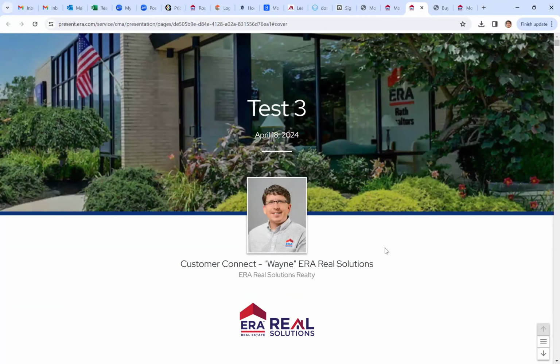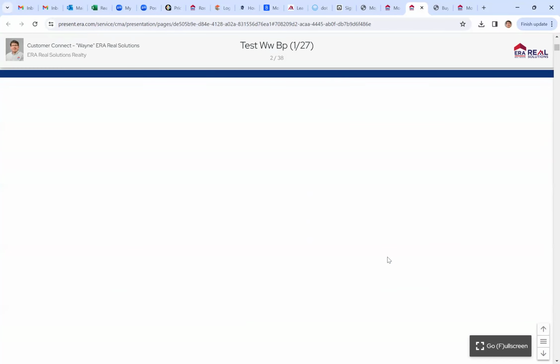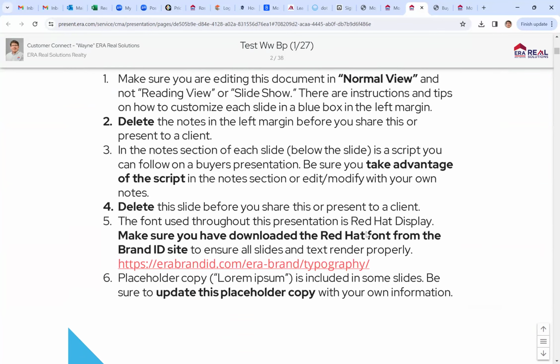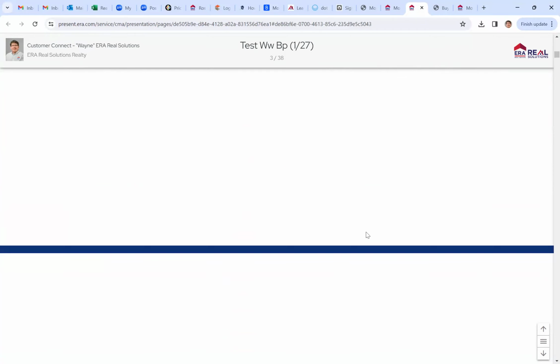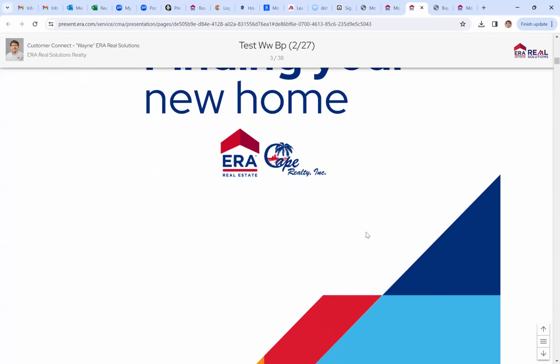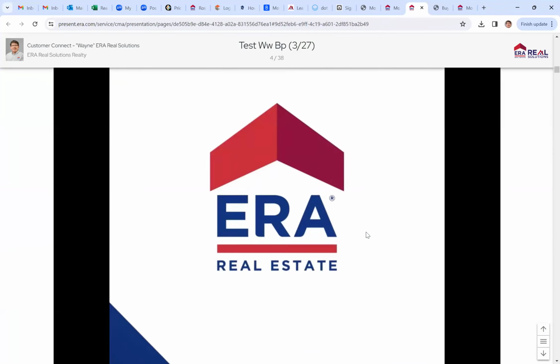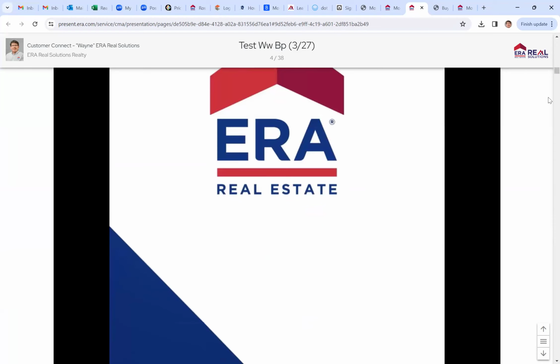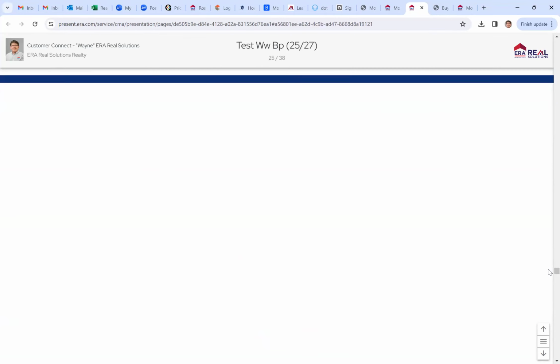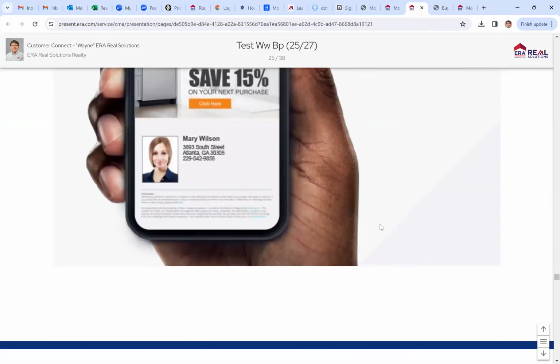So now it's the background picture, like I said, whatever you did, but starting to be customized to you. They see your name. Obviously, this is not a page I would leave in there, but I wanted to leave it just to show you, and I can delete it. Now the presentation just starts with a page I updated, and this is a page that I didn't have to do anything with. And when I scroll down to the end of this, somewhere right here, these are pages that are